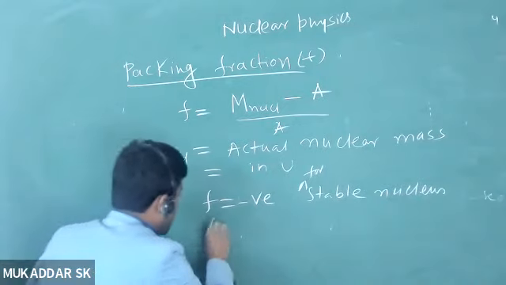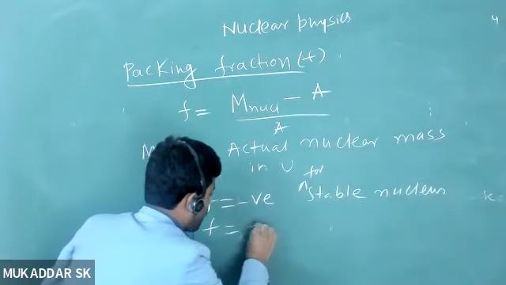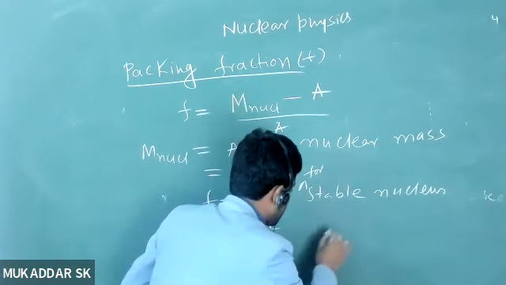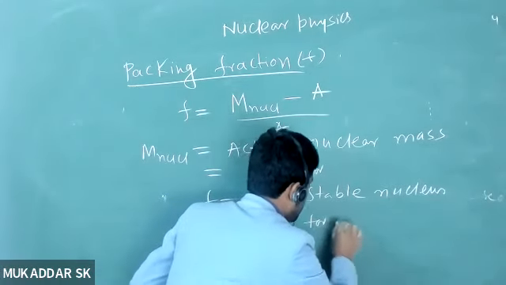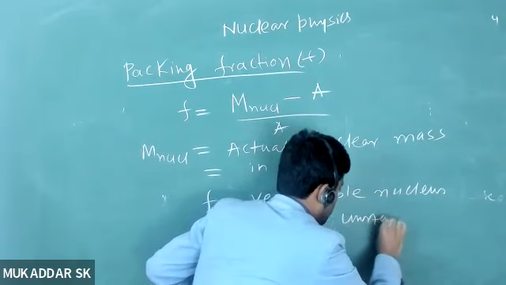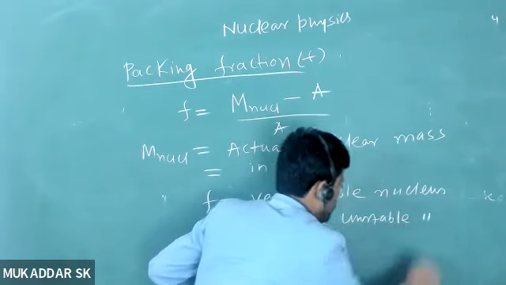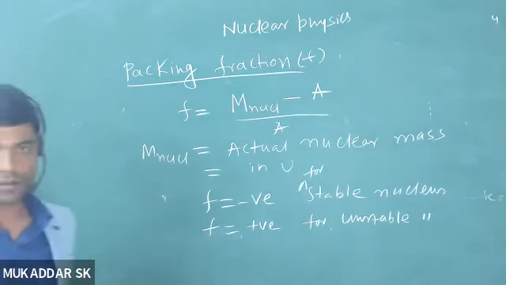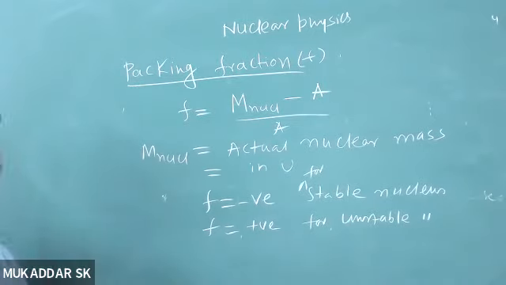We will have F equal to a positive number, and that basically represents unstable nuclei. Exactly. Right? Okay, now it is an experimental fact